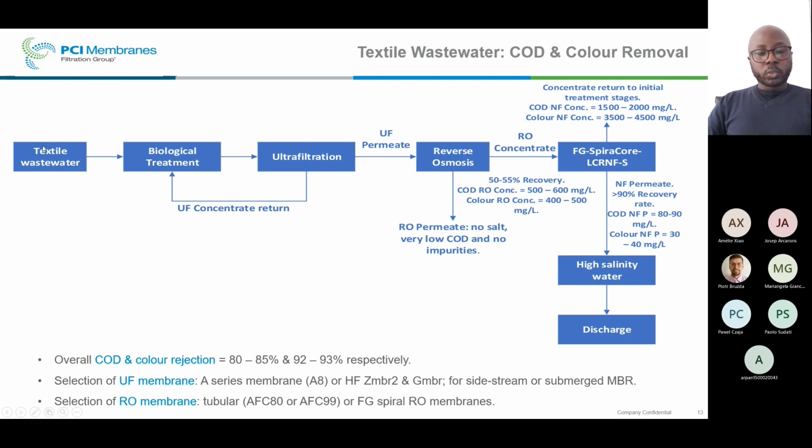So from textile wastewater, this wastewater effluent could be passed through a biological treatment, which of course is not part of what PCI can supply for the time being. Following a biological treatment, the effluent water could then be passed through an ultrafiltration system to remove any residual solids and so on. It is important to place an emphasis on these two sections in terms of the biological treatment and the ultrafiltration